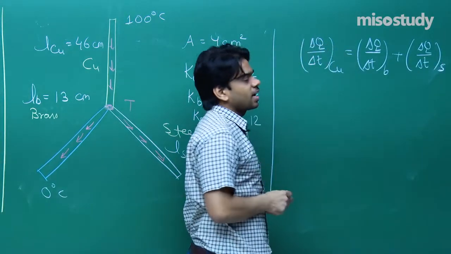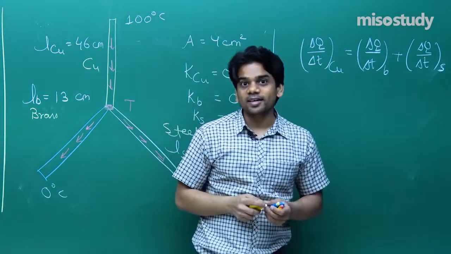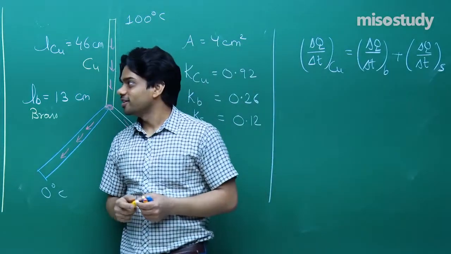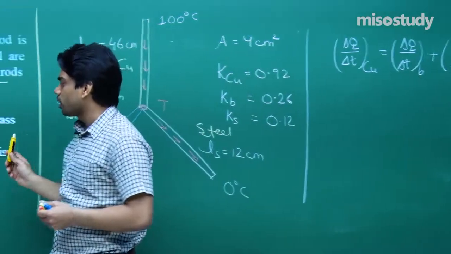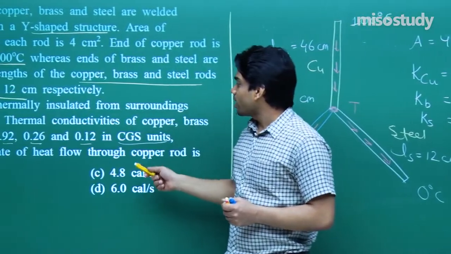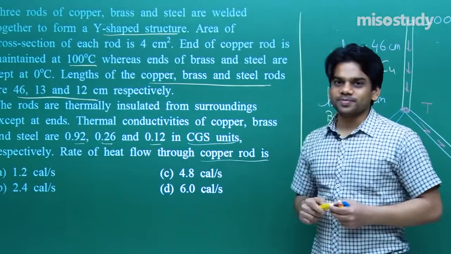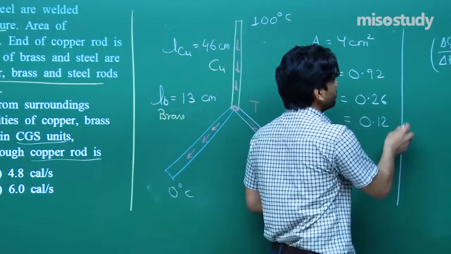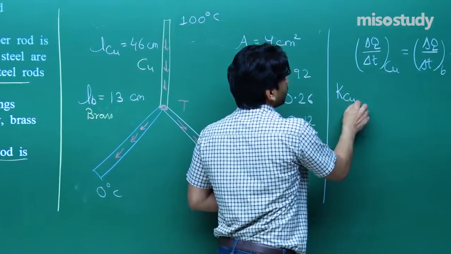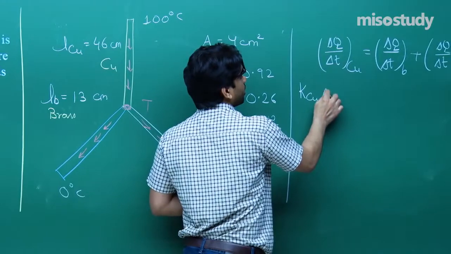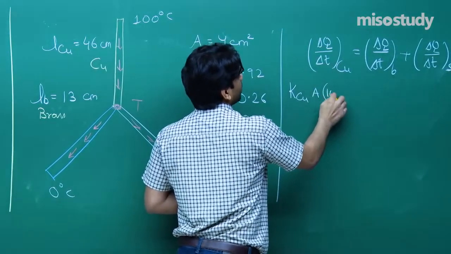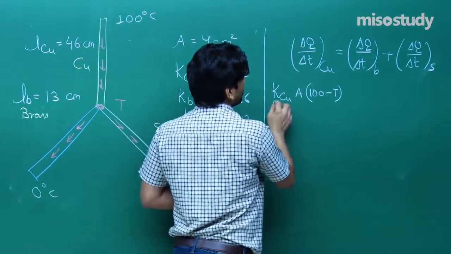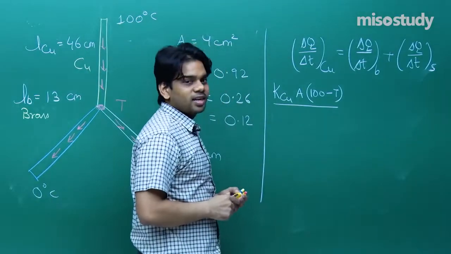This is what we can comment, delta Q by delta T for brass and delta Q by delta T for steel. This is what we can actually comment for each of the rods. Now we require the rate of heat flow through the copper rod. First of all, let me write in proper terms. K of copper, then K, A, difference in temperature 100 minus T, divided by length of copper